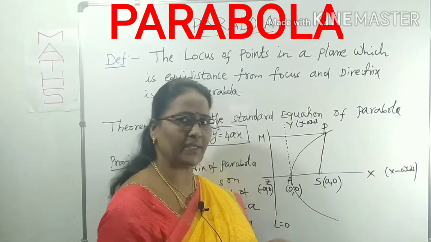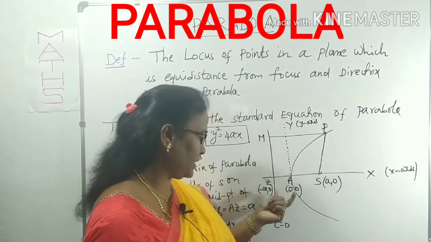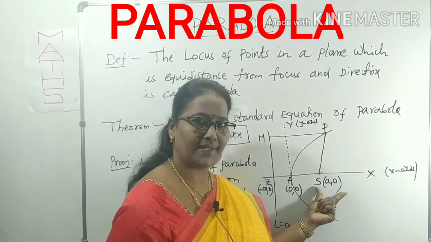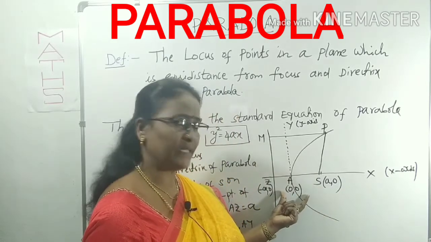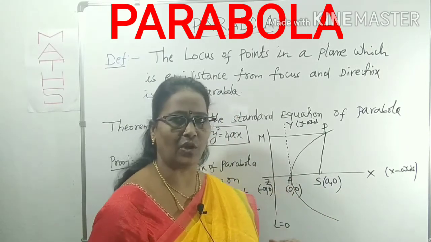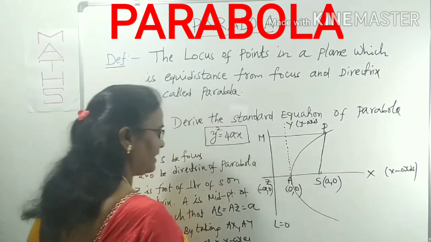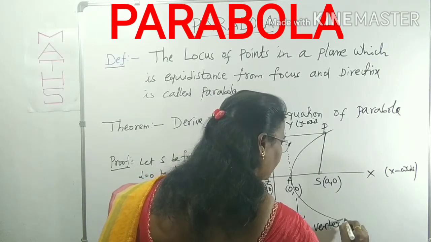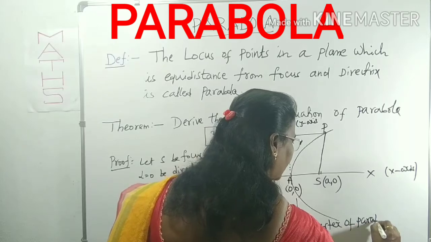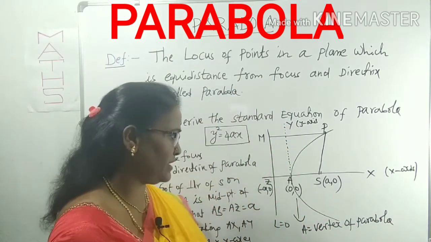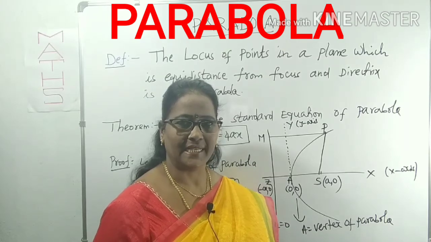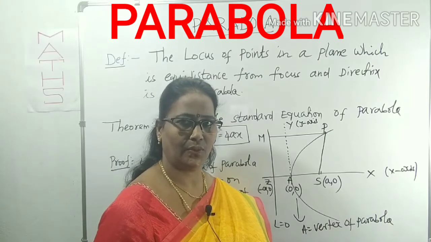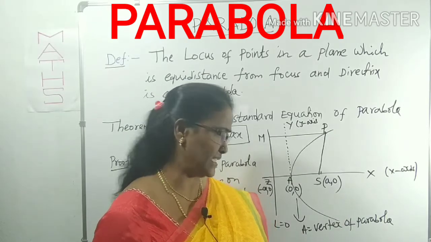Like this you have to collect first what are the coordinates of S, what are the coordinates of A, what are the coordinates of Z. Now what are the coordinates of the focus? a comma 0. Coordinates of this point is 0 comma 0. This point A is called the vertex of the parabola. One more name you got. What is that called? Vertex. A is nothing but the vertex of the parabola. S is the focus, L is the directrix, e is eccentricity and A is the vertex. In the case of the parabola, e is equal to 1, I said to you.